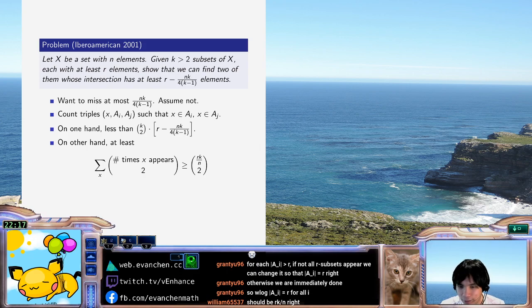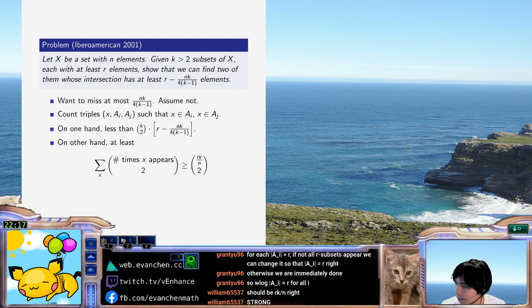Rk over n times Rk over n minus 1 times 1/2 is supposed to be less than k minus 1 over 2 times